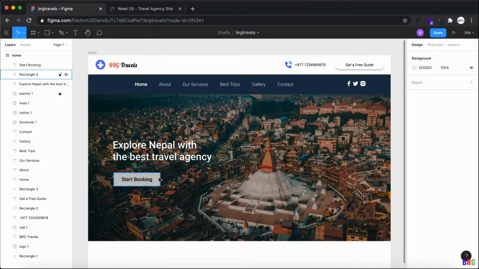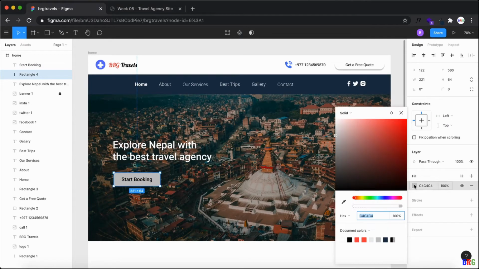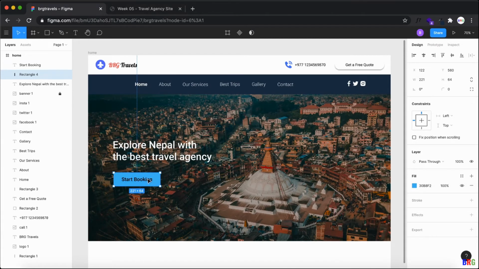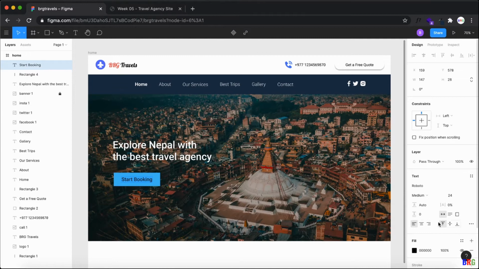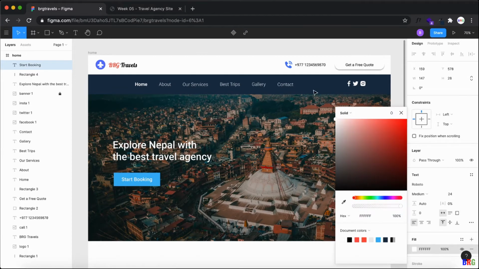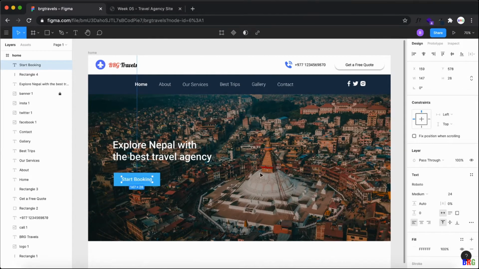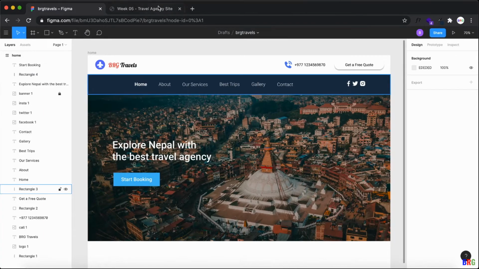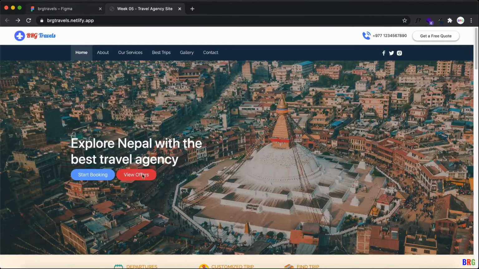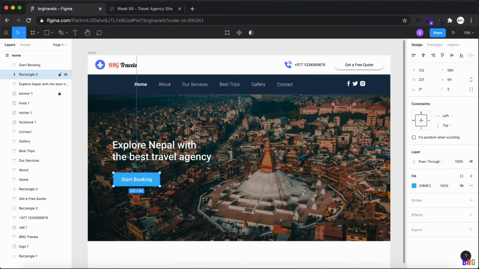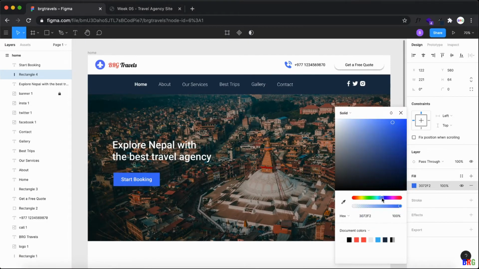Now for this button, just change its fill color to blue, and then its text color maybe white, okay. Yes, maybe the color needs to be updated, something a little bit darkish, okay.